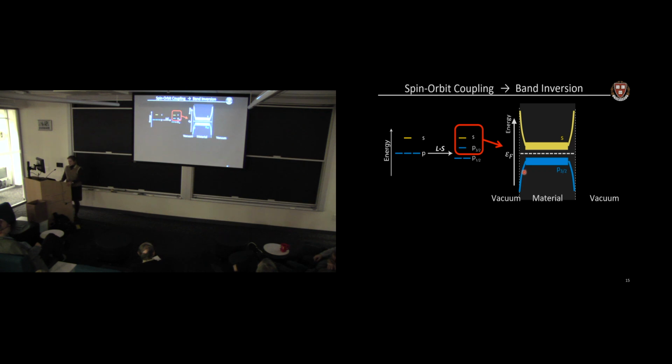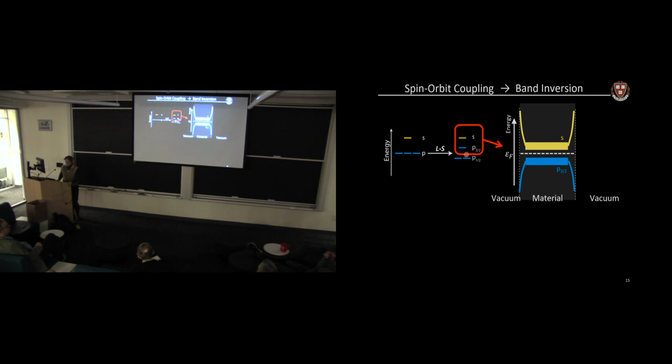then take a material that has the Fermi level within this gap, so this is an insulator, and this is the boundary of the insulator to the outside world, vacuum, and here's the Fermi level sitting in the middle of the gap. Now if I look at this spin-orbit coupling here, and I turn up the spin-orbit coupling, suppose I go to a heavier element so that spin-orbit coupling increases, then the splitting between the p orbitals here is going to increase, and what's that going to do?